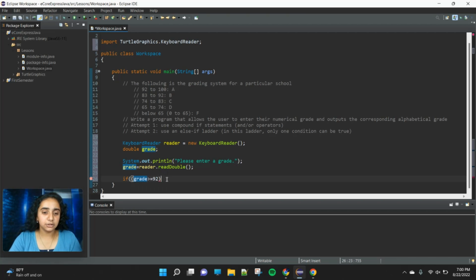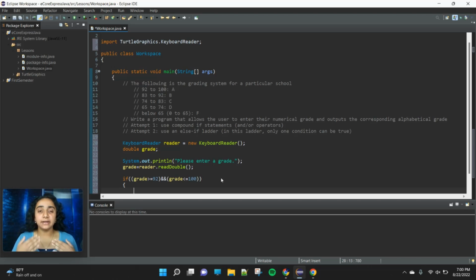Double parentheses, close parentheses, make sure you type the ampersand. I need to find that on my keyboard. And open parentheses, the grade is less than or equal to 100. So hopefully, at this point, you should understand how these operators work. If it says and, that means both of these statements have to be true. Both of them have to be fulfilled in order for this parameter to be met and the correct output to